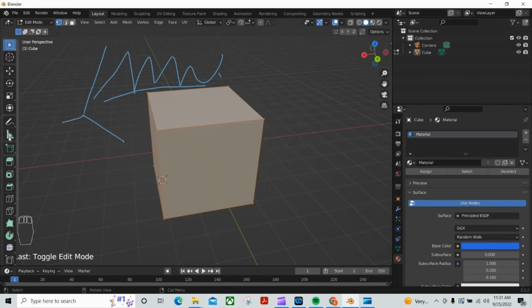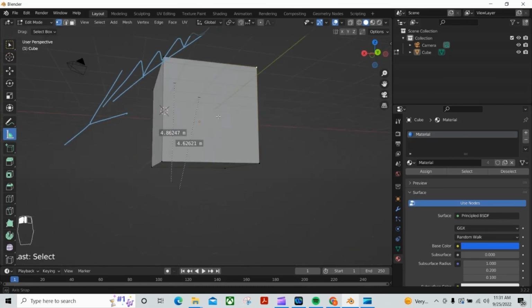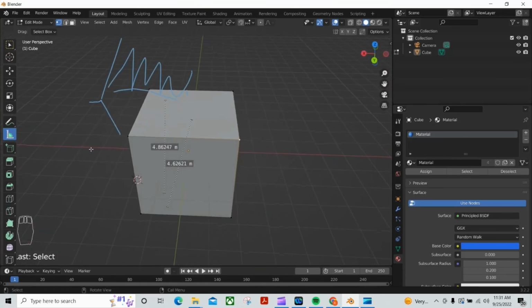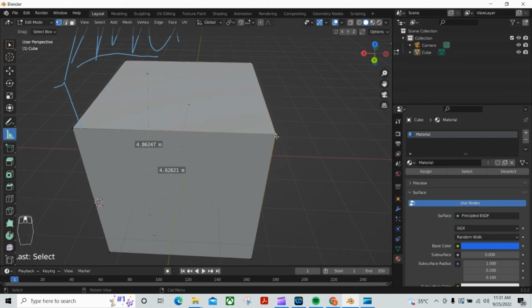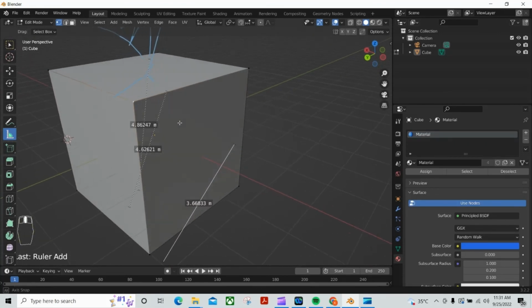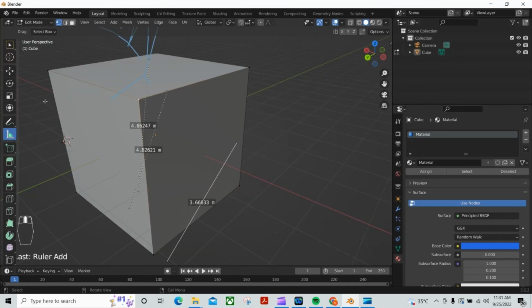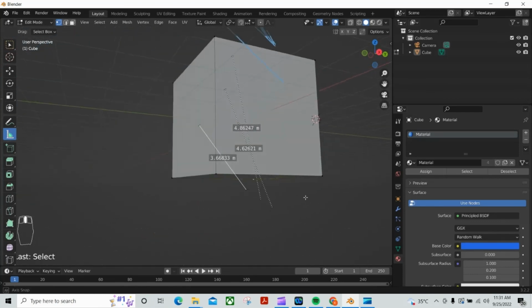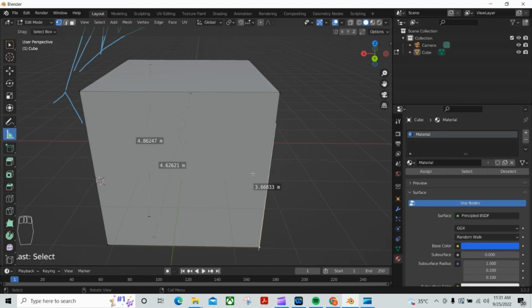As of now only you understand, and then I will go to measure, then I will select this vertex to this vertex. Okay, then you will get the exact value, correct? This value to this value. Okay,